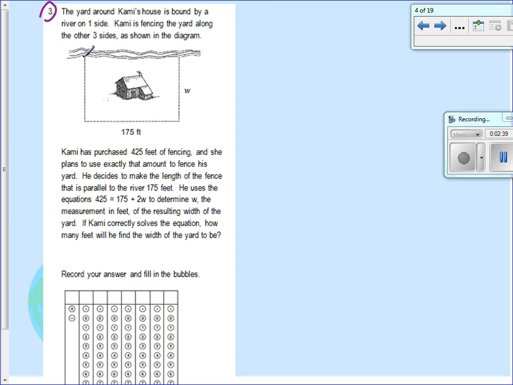I know that we're looking at a perimeter, so we have to find the width. Okay? Perimeter equals 2 times the length plus 2 times the width. So if she purchased 425 feet of fencing and she plans to use exactly that amount,